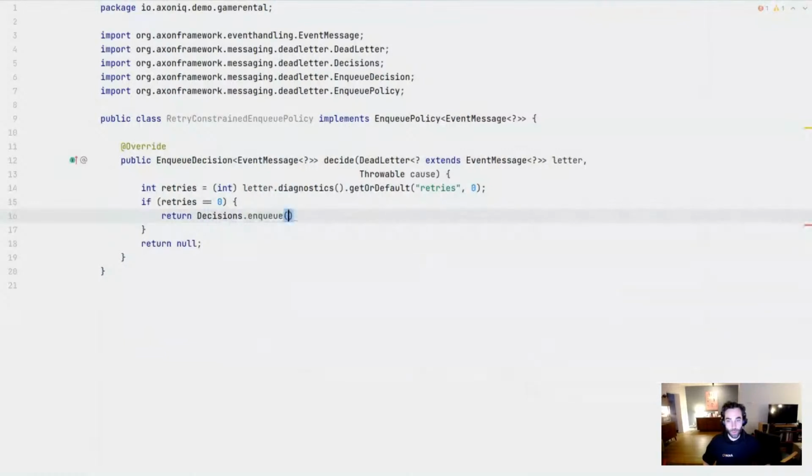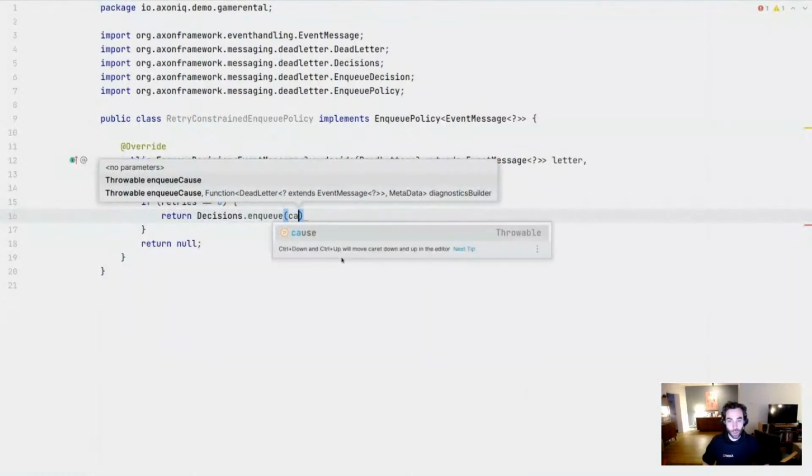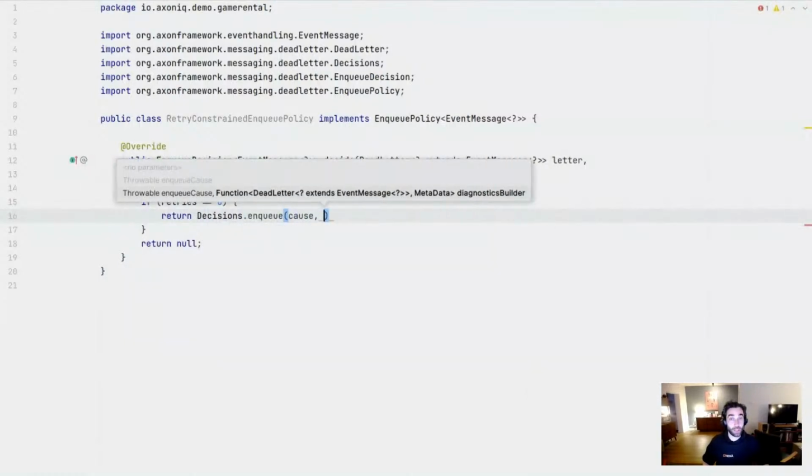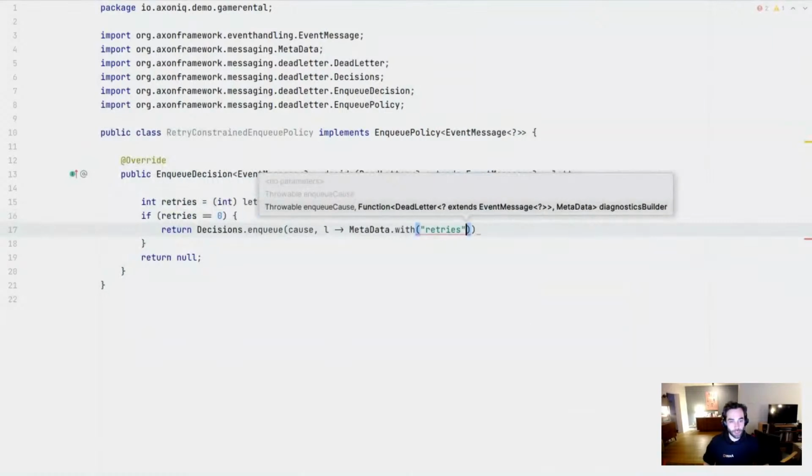We definitely want to enqueue in this case. We want to give a cause. We definitely want to share the reason why we're actually introducing this. We also want to have diagnostics in there. So you see that this is a function based on the letter you are enqueuing and then giving some metadata. Well, in this scenario, we know that this is a new instance. So we create an entirely new instance of retries, and then 0 in this case. Now,